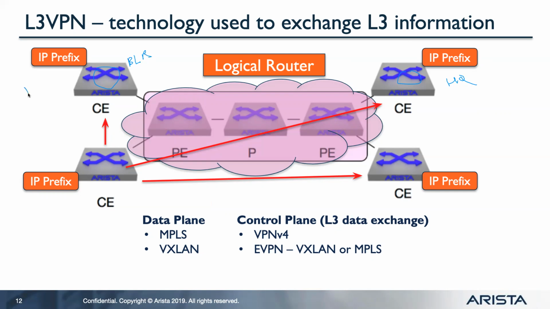And we have IP addresses, let's say 10.10.10.0/24. And here it's 10.10.20.0/24. Now these CE devices are not capable, they don't know, or we don't want to do anything on this,